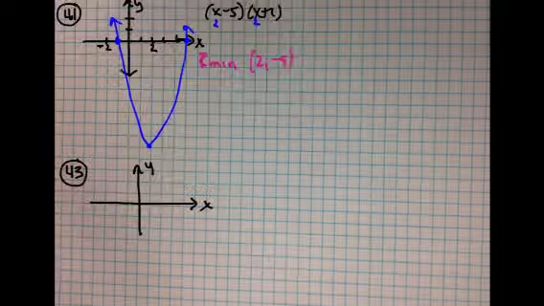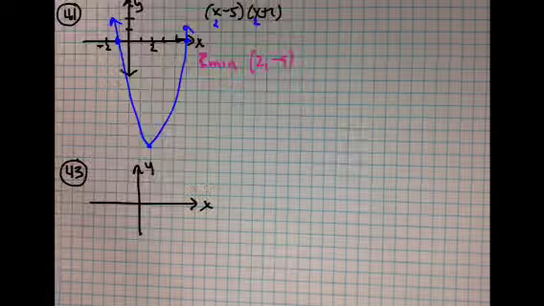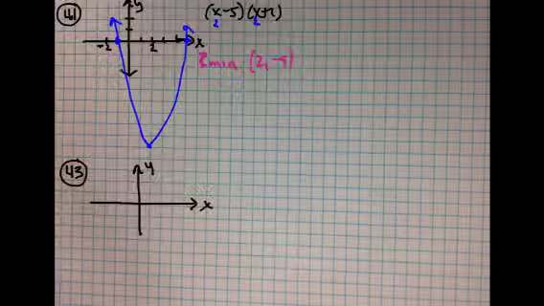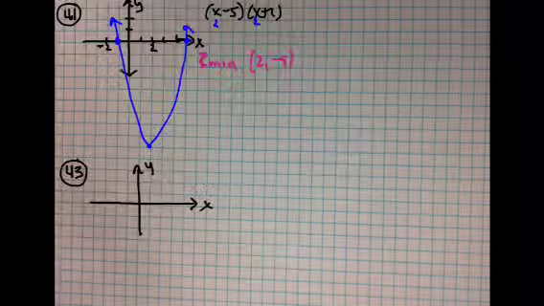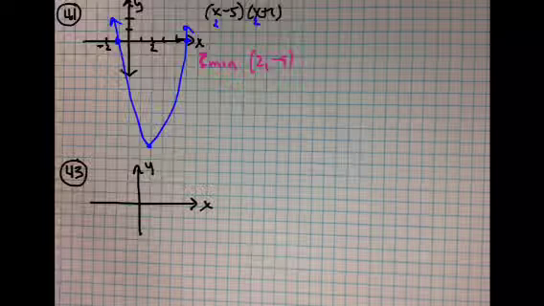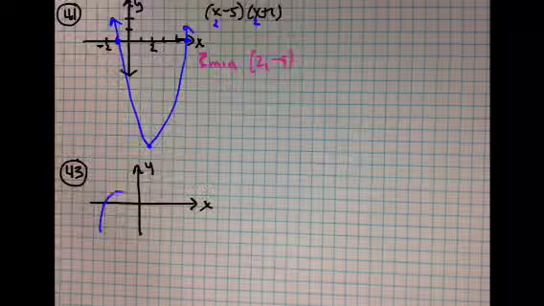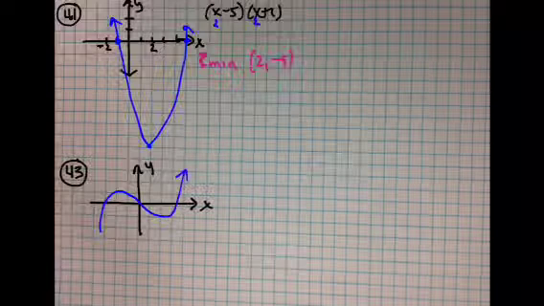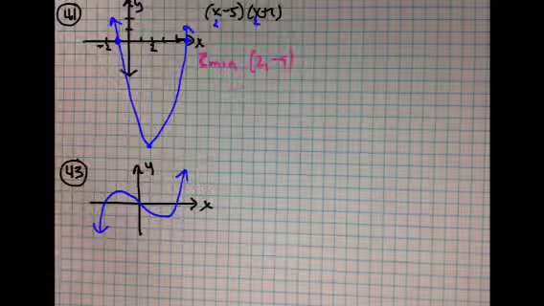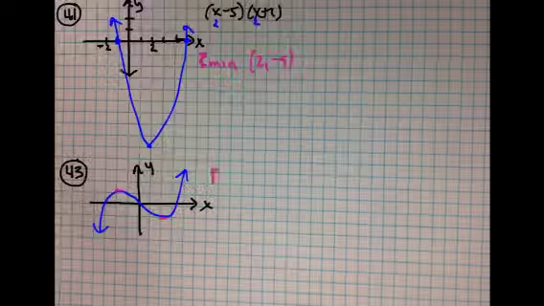So 43 is a cubic function. Again, punch it into your calculator, you can do it that way. Or you can factor out the x and then get the zeros for the function that way. But let's just go ahead and graph what we see in the graphing calculator. So it's something like this. Okay, so we know that the relative maximum is going to be here and the relative minimum is going to be right here. So the relative max,